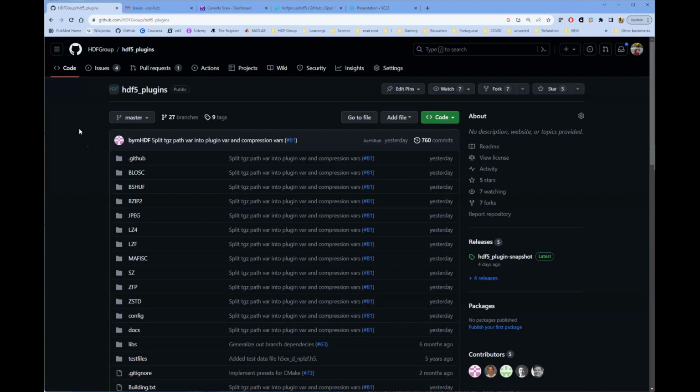Yeah, another idea, since we're talking about that: as part of this filter effort, we could set up some kind of benchmarks that compare some reasonable statistics about all these compression methods.